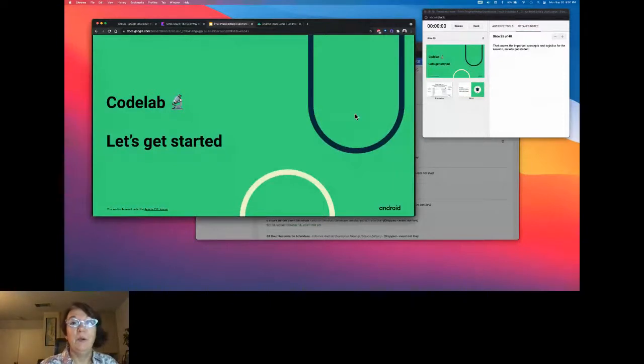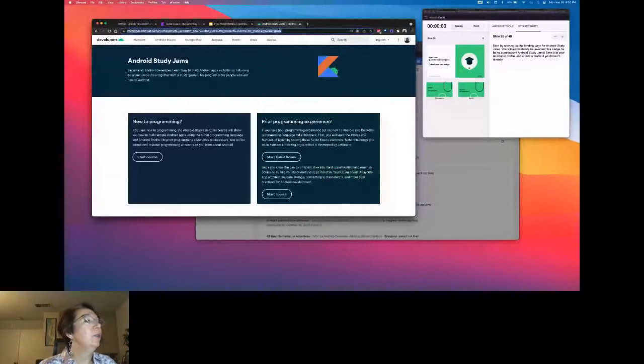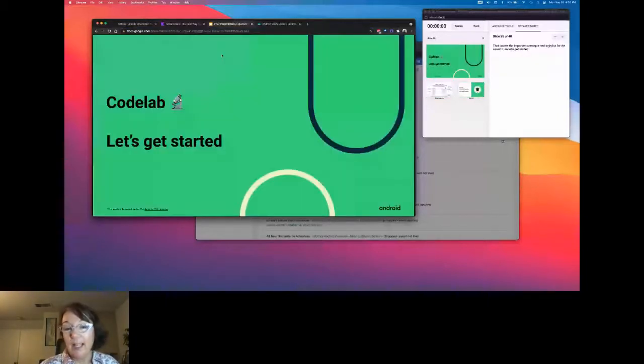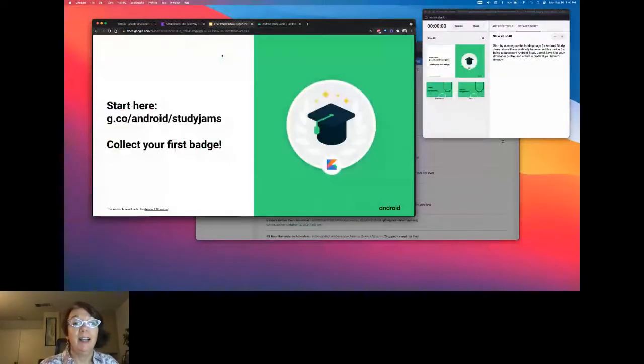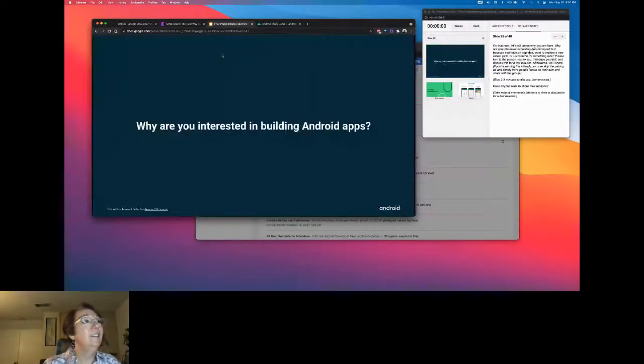All right, so now the other button on that page, the Study Jams page, is to start the course, right? So if we get started with these code labs, then what we want to do is have a developer profile set up and start collecting some badges. So if we look at the